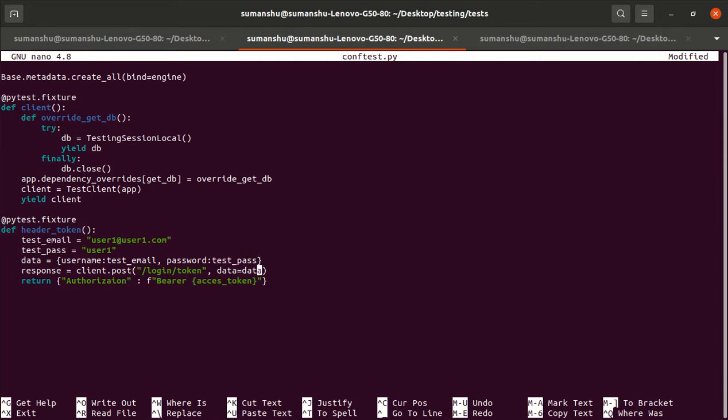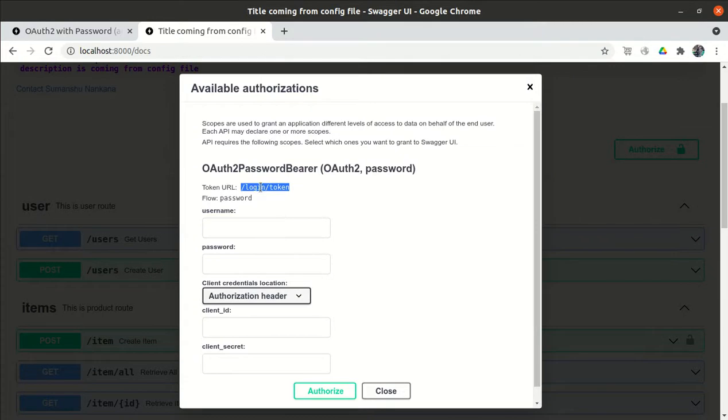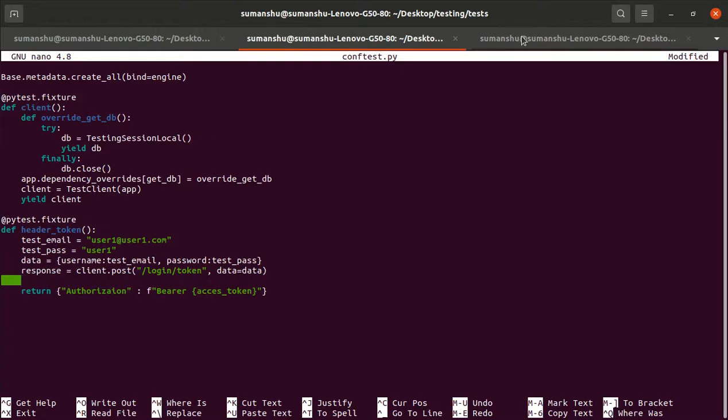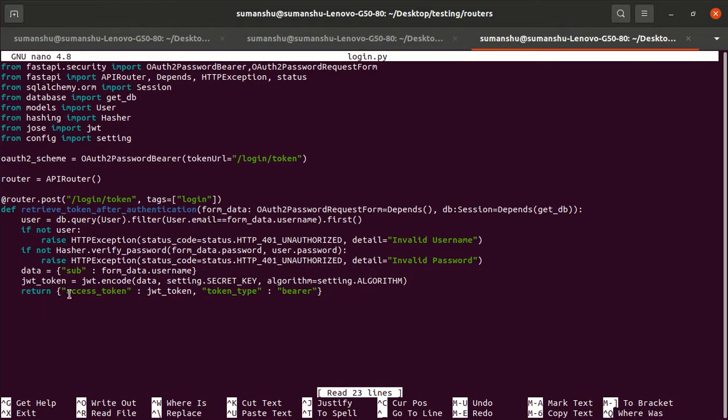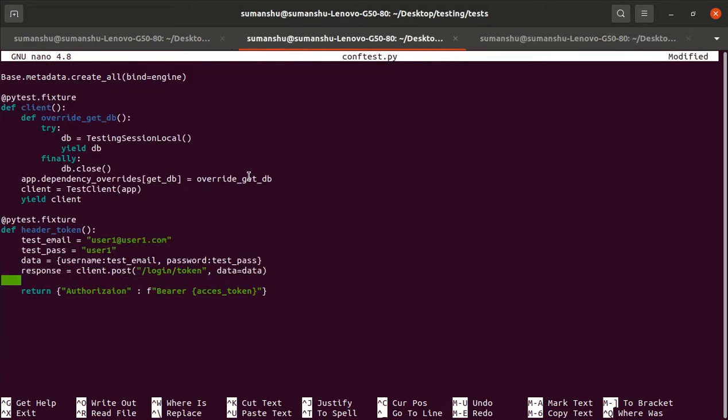So this data will go into data is equal to data, and this will give some response. This URL is returning some response, and what kind of response is it returning? It is returning a JSON response. So we have to access the JSON response.